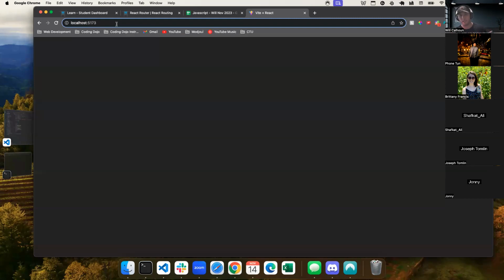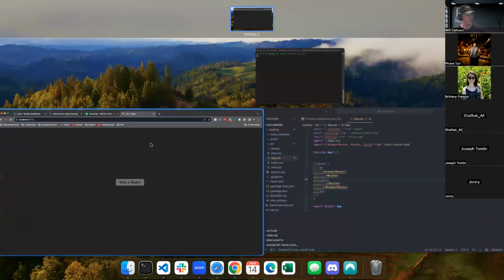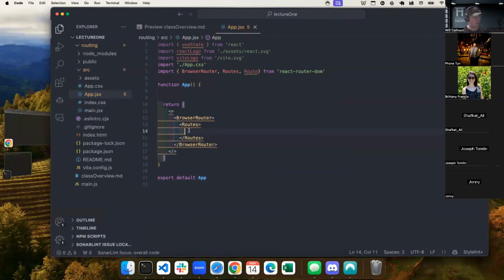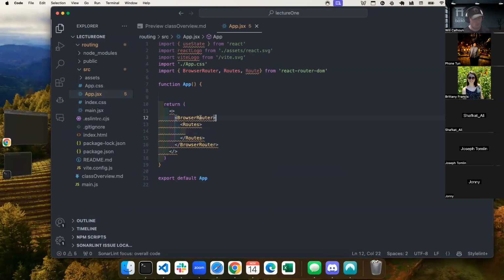We're now giving it structure instead of just saying, I want you to load every single application or every single component upon mounting. It's saying, cool, I have this URL. What do you need me to bring in? So at the beginning, we're just going to create a home path. So I have my browser router, and here's my list of routes. So you just have one browser router always, and one routes.